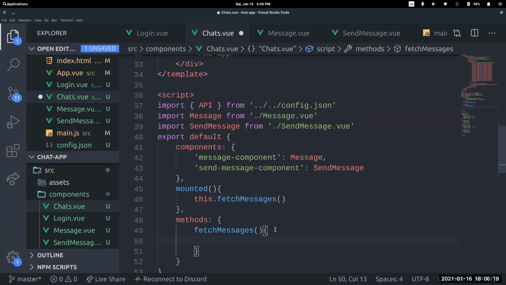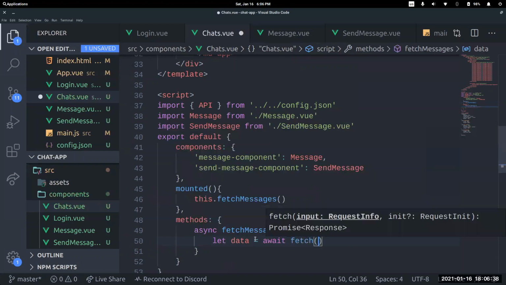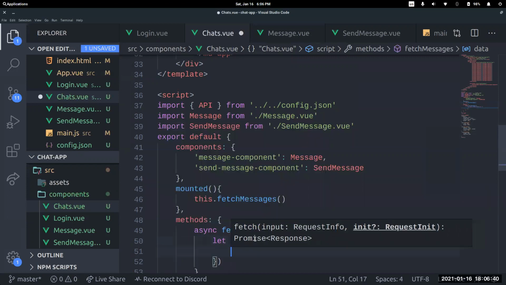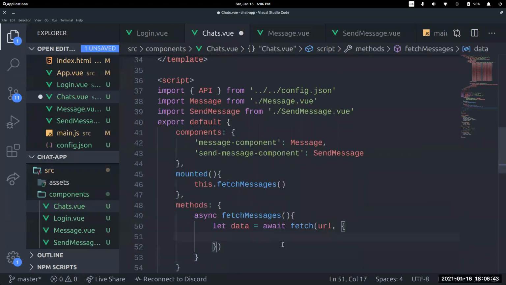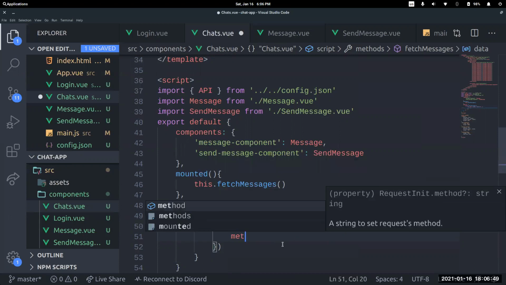So now it's the asynchronous code. First, I want to write clean .then promise code, sorry, asynchronous code. Let data be await fetch the URL and then the object. The first property is the method. What is the method? Sorry, what is the type of this request? The method